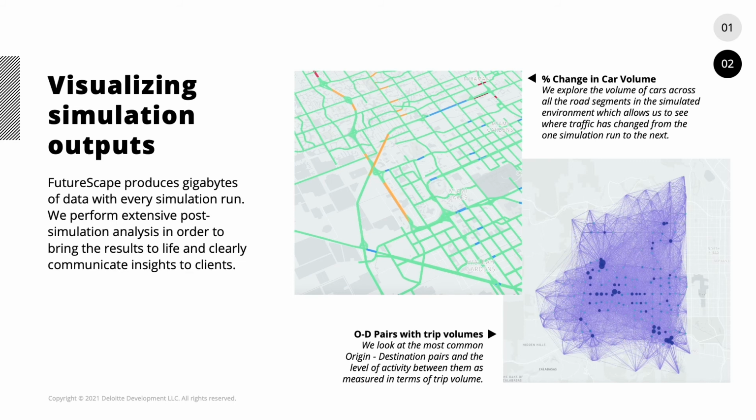In addition to visualizing the simulation outputs, we also perform extensive post-simulation analysis to extract further meaningful insights about the scenarios we have implemented. On the left side, we explore the volume of cars across all the road segments in the simulated environment, which allows us to see where traffic is heaviest. On the visualization on the right side, we look at the most common origin-destination, or OD, pairs, and the level of activity between them as measured in terms of trip volume. In addition to the